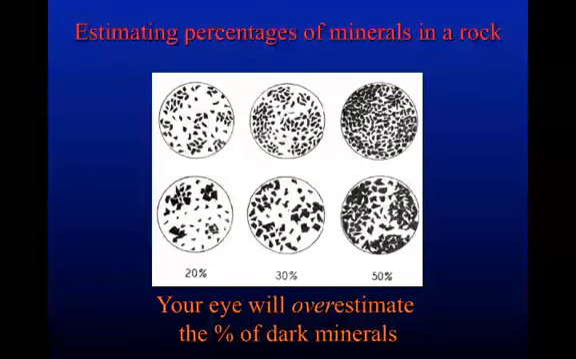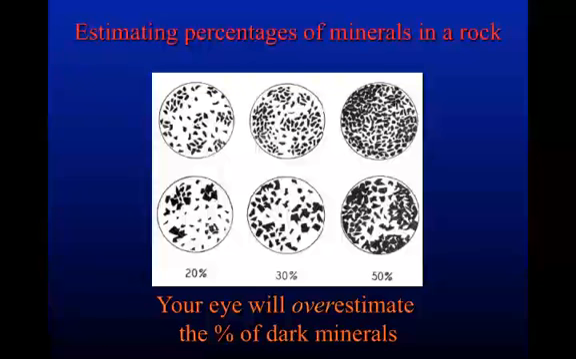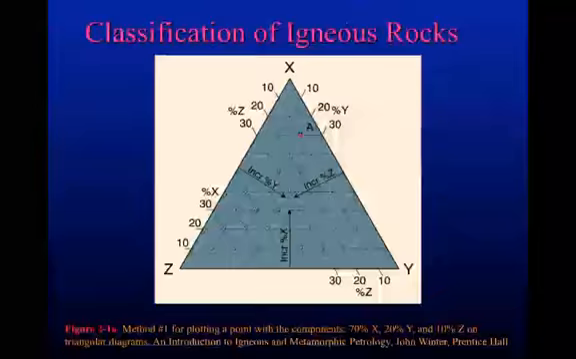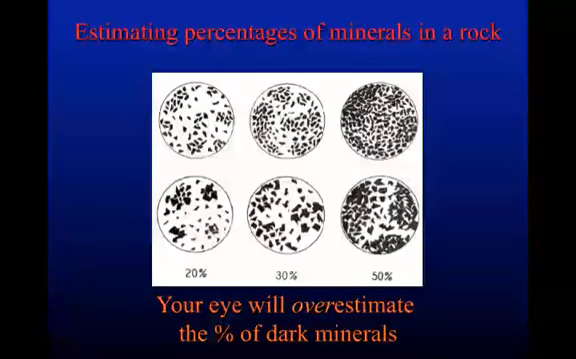All right. Now, I just explained that percentages of the dark minerals can be used to estimate the composition. And I just want to point out, this is a resource that's separately available on iLearn. But here's an example of finer grained